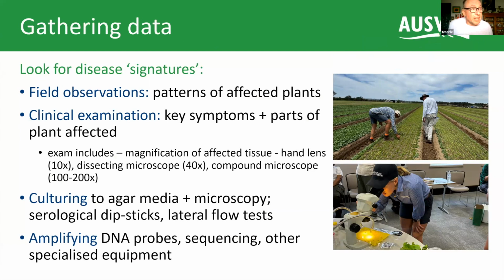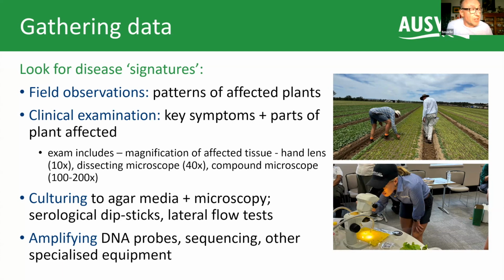One of the key issues associated with recognising diseases is getting that data, as opposed to the insects where you can usually see the insect itself and the damage. For the case of diseases, you're really just looking at symptoms initially. You can't really see the pathogens that are causing them because you really need microscopes of all sizes. So that field observation, looking at the patterns of the affected plants in the field is very important. And then having a clinical examination where you're looking for the key symptoms and which parts of the plants are